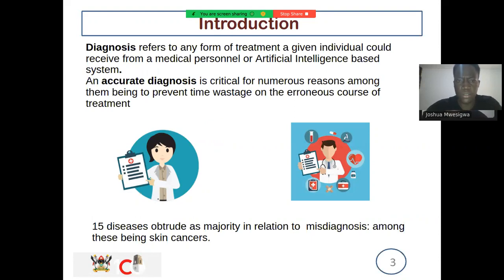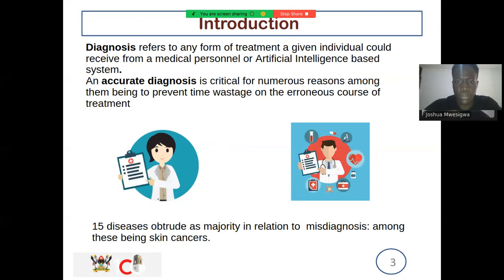So what is a diagnosis? A diagnosis can be defined as any form of treatment that an individual would get or receive from a medical personnel or an artificial agent. And it is very important for us, as people who are trying to understand the problem of diagnosis, to get the diagnosis accurate, because accurate diagnosis can save a lot of problems in this context, and more specifically